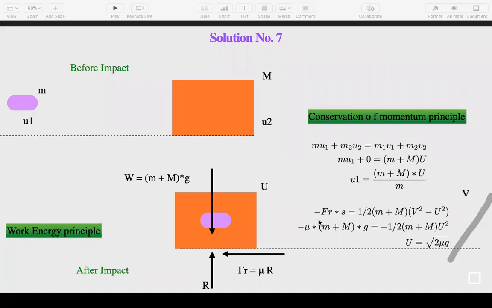So you can unmute yourself and ask a question to me. Okay, if not, we'll take the next question. Those who are writing this, please write it down, because many times the question has been asked on a bullet and wooden block. In first year you might know this question; it has been asked for 7 or 8 marks.